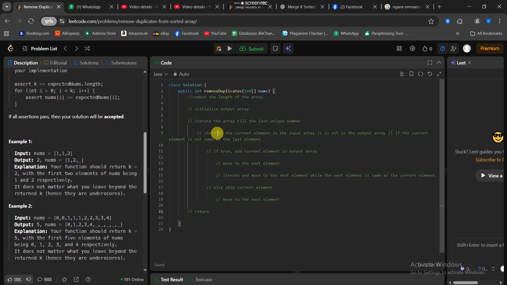Technically, this does not stop it. It just allows it to skip, and this iterates. Check if this fails. Oh yeah, so we want to break out here. So if this fails, right? Check if the current element is found in... Let me see. Check if the current element in the input array is not in the output array. Right. The input is not in the output array. If it's in the output array,